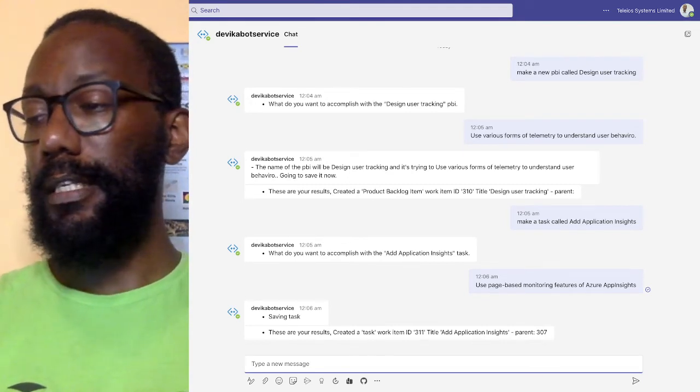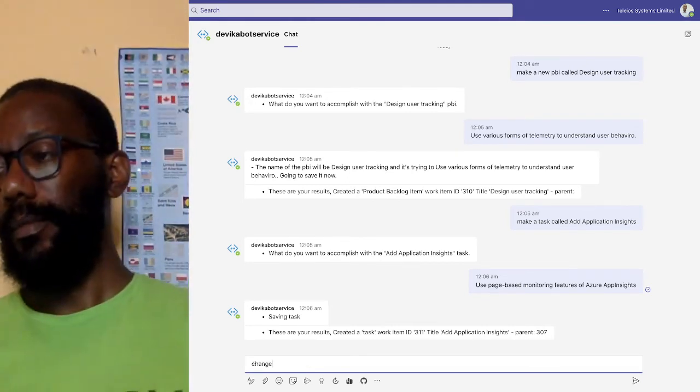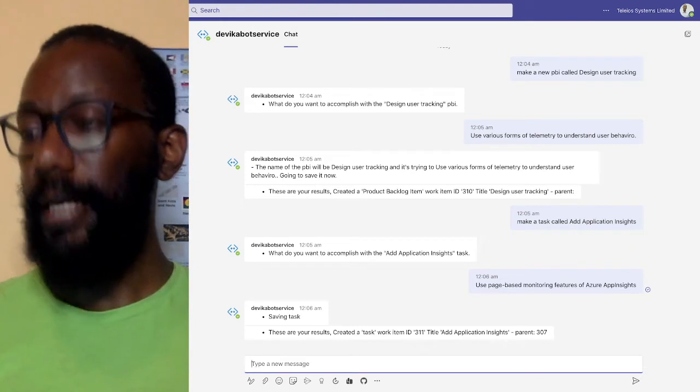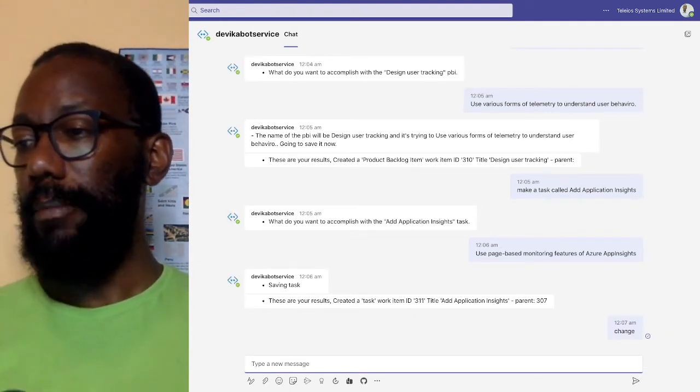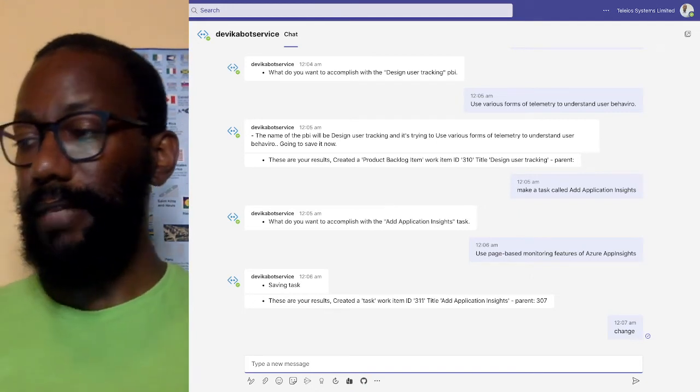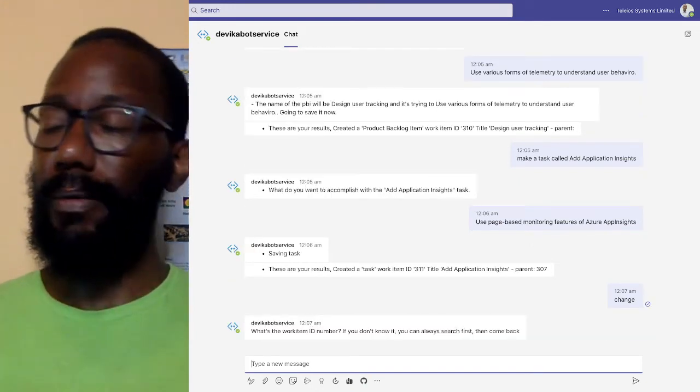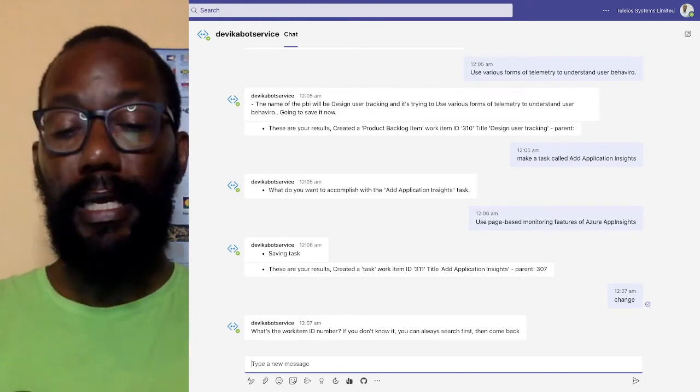we go ahead and say change. So here it's going to ask me for a work item that can be changed. Now I'm going to flip the script a little bit. Instead of giving it a work item ID, let's pretend I forgot the work item ID. I can actually